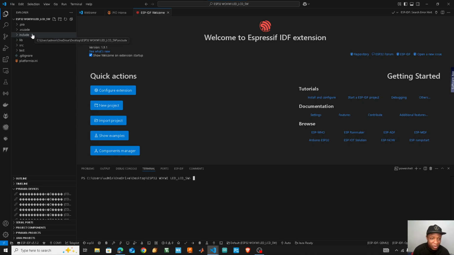And this one, include, we have all of the header files. This library will have all of the library files. This is the source code. If you have .cpp and .c files, you'll put them here, and then this text file, and this .gitignore, if